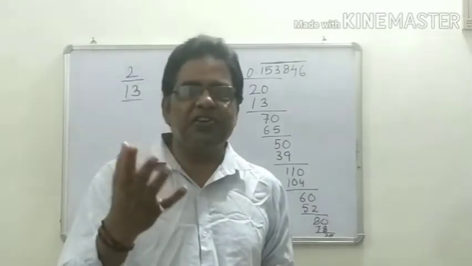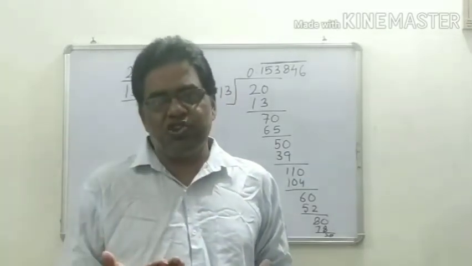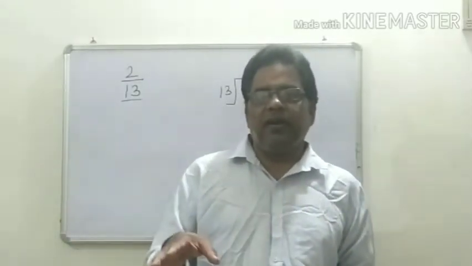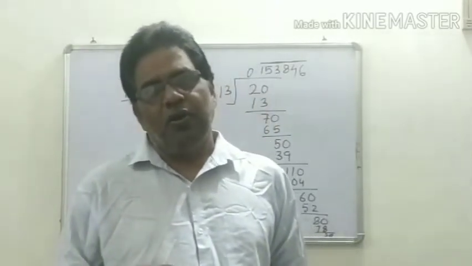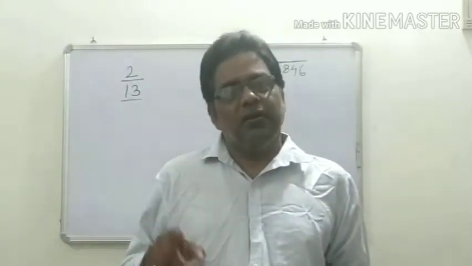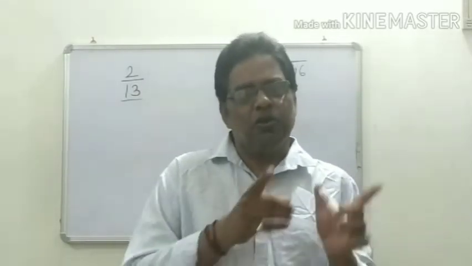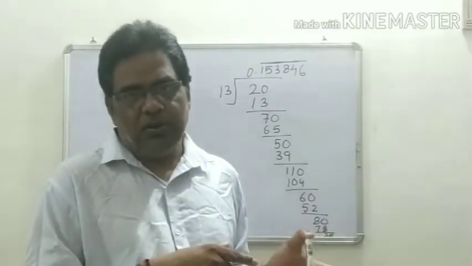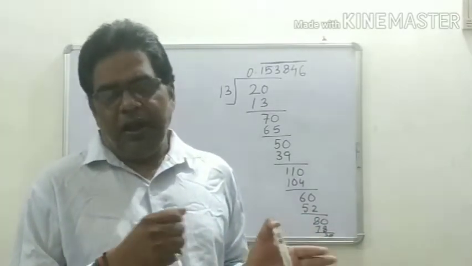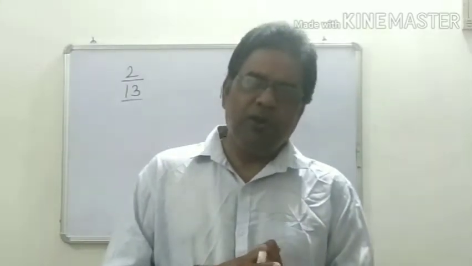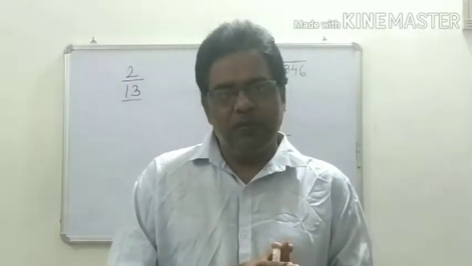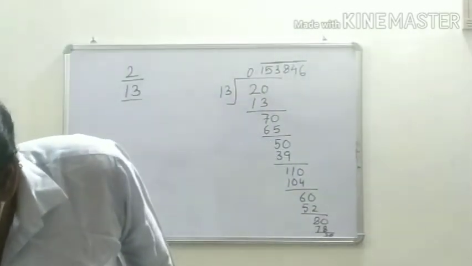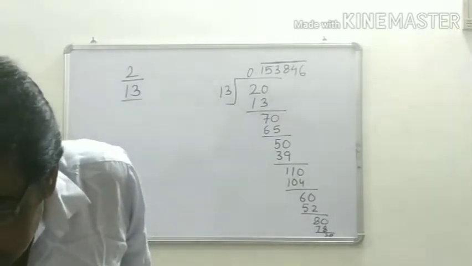You will come across many examples. You just have to see the question. Based on the question, you have to justify whether the given rational number is terminating or non-terminating but recurring. So I hope you have understood what has been taught. In case you have any doubt, you can comment in the comment box. I will try to solve the doubt. One more question I will take.